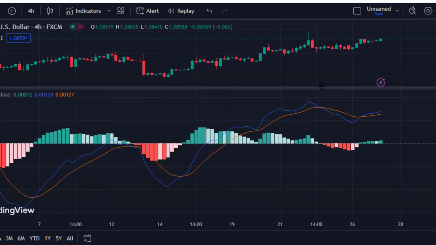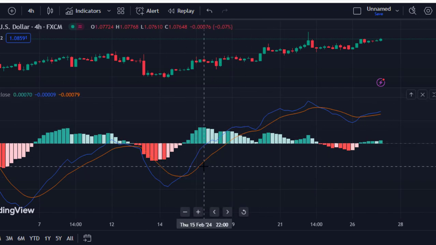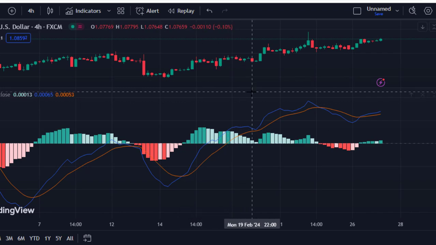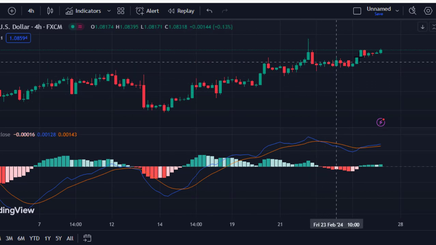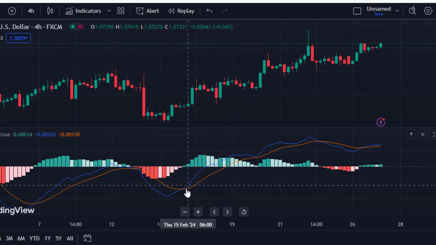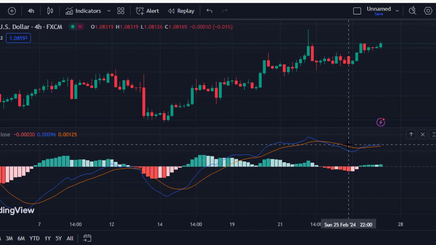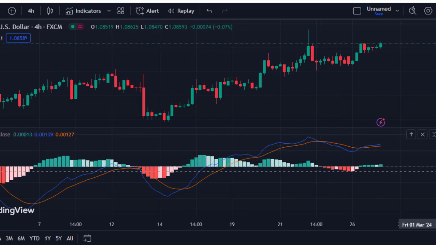Now the next step is understanding what this is all about. So the MACD, like I said, is a momentum and trend following indicator. If you look at how the market moved from this very point to the upside, market moved all the way from here upward, and you see that the MACD moved all the way from here upward as well. And one thing very important you need to understand as well is that the MACD has different sections. So we have the zero line. This line you are seeing right here at this very point,